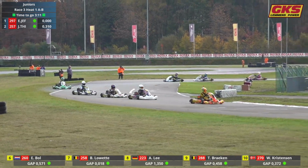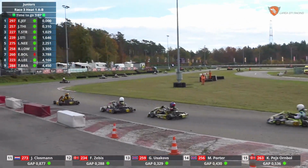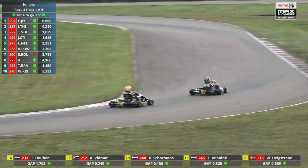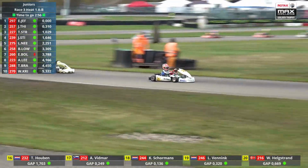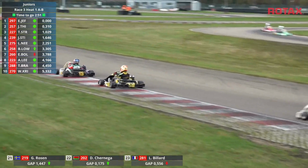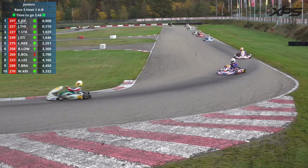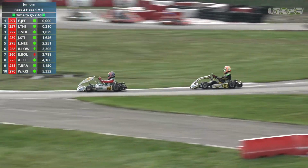Ethan Jeff Hall still continues to lead. 3 tenths is the gap to Jaden Thien. Thomas Strauver's just put in the fastest lap of anybody and has gone sub 56 seconds. Tom Bracken's now taken that back. 55. So effectively, Tom Bracken's put in a 55.826, but Jaden Thien has put a certain Ethan Jeff Hall in his